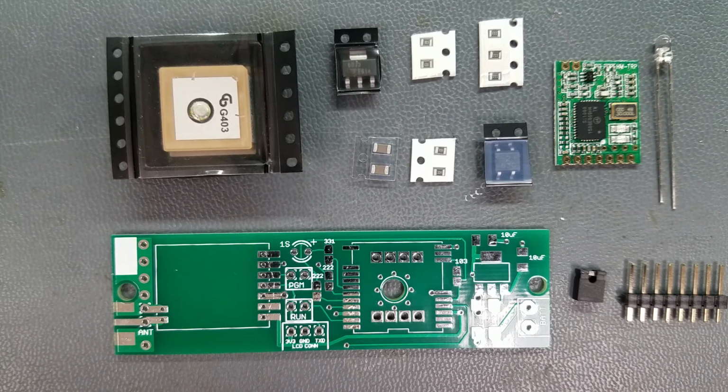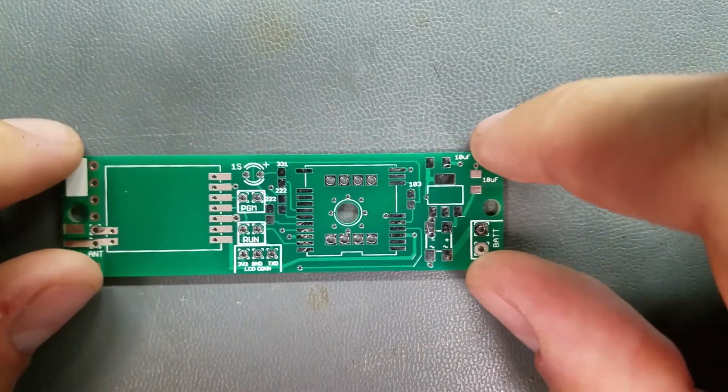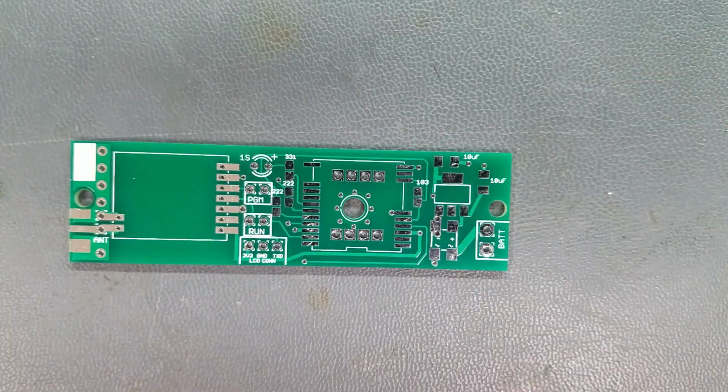This will be an assembly video of the EggFinder TX side. I also have a video for the RX side that you can go to, but this will be for the TX side. Alright, the first part is that they want you to tape the board down to the work surface